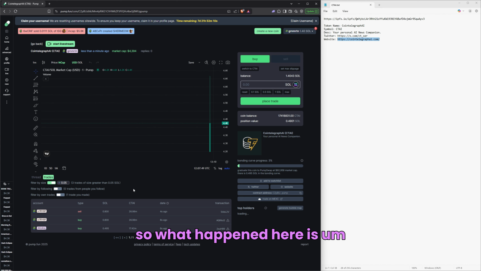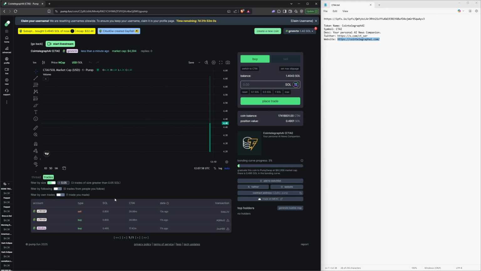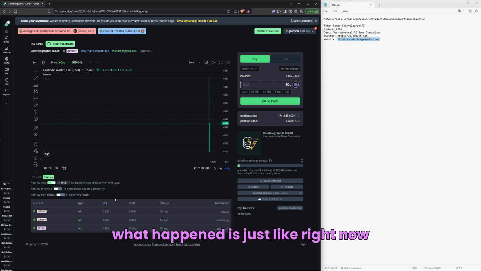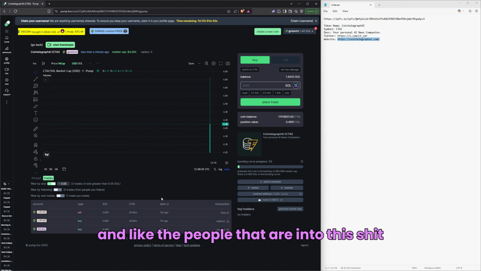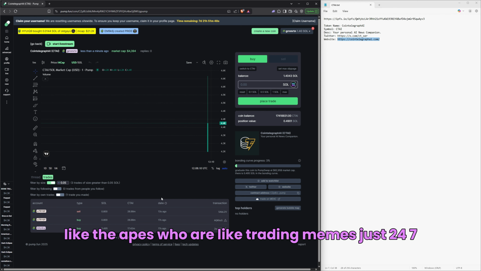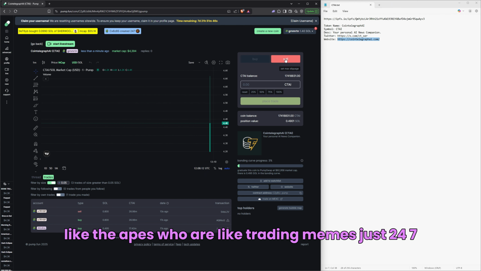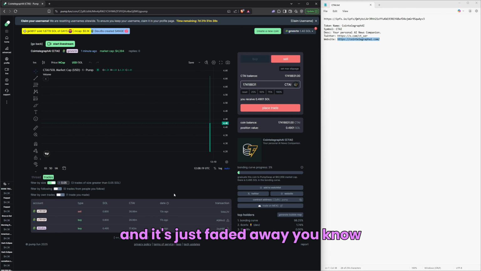So what happened here is we only got one sniper, who bought it and then sold it immediately. What happened right now is more coins are launching after us, and the people who are into this, the apes who are trading 24/7, just didn't see our token that much, and it's just faded away, you know. So this is not going to go anywhere